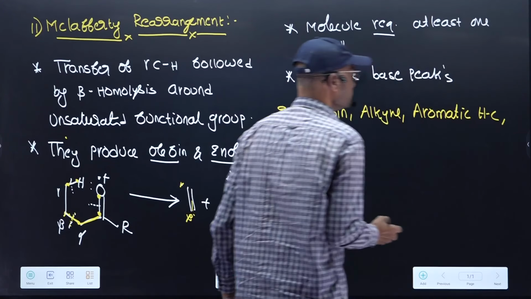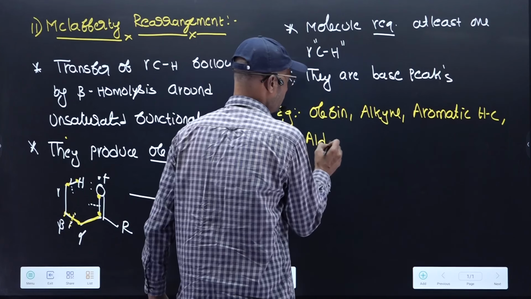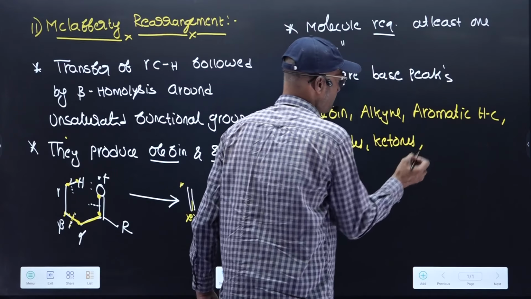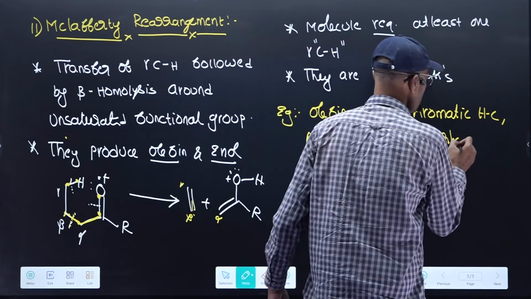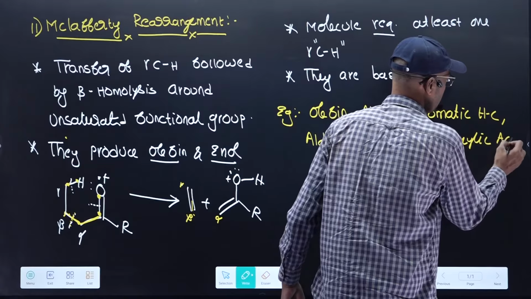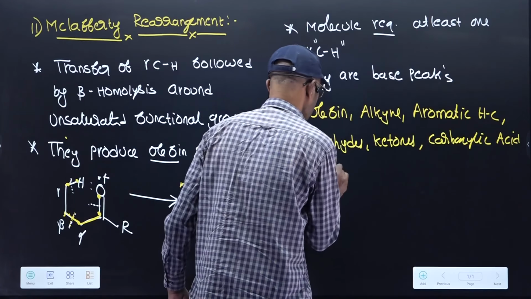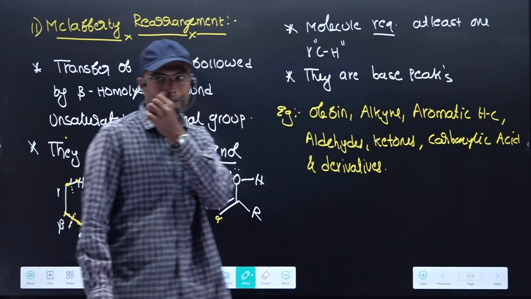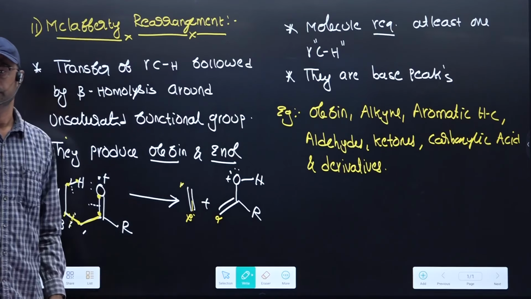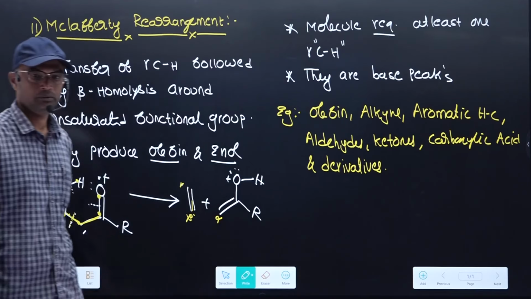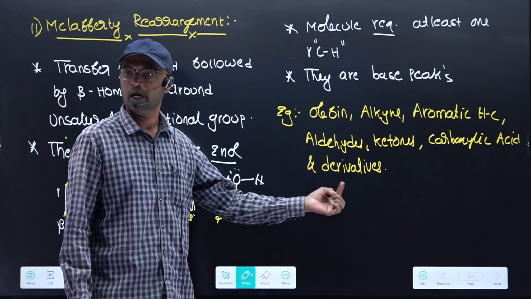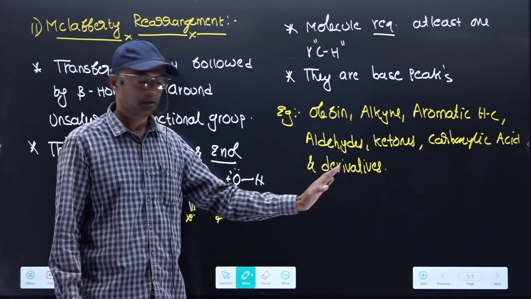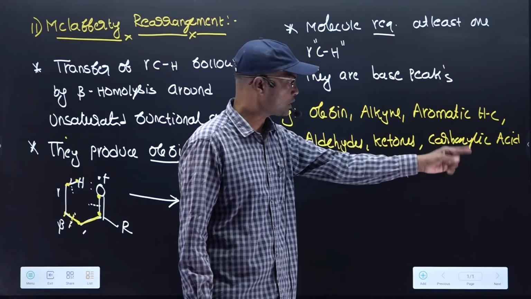Aromatic hydrocarbons. Then even we can take aldehydes, ketones, carboxylic acids and derivatives. What is the meaning of derivatives? What are carboxylic acid derivatives? Ester, acid halide, amide, anhydride, nitrile: these all are called carboxylic acid derivatives, because they are coming from